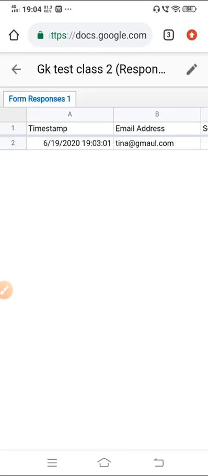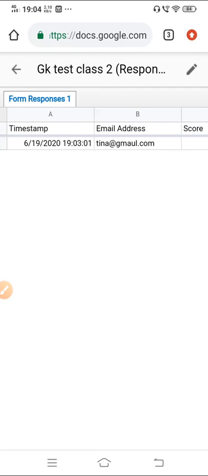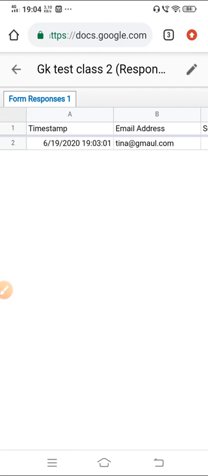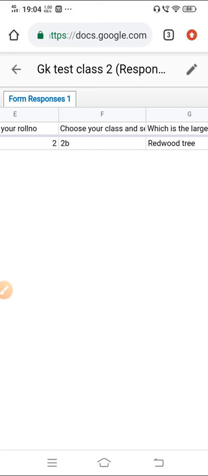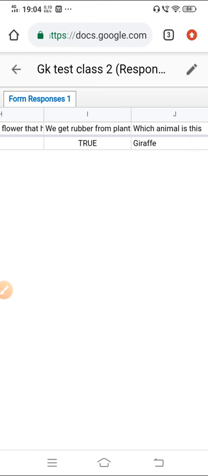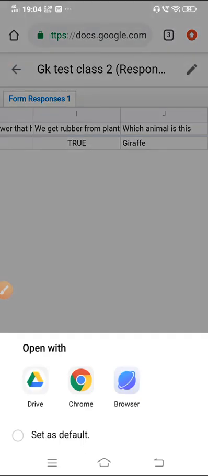Okay, there was some problem there. This is how your Excel sheet will look. The time, email address, score, the name of the child, roll number, class and section, and the answers for each question. In this way you can save the responses also.